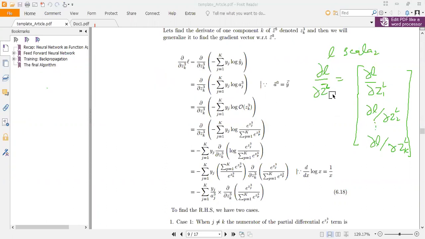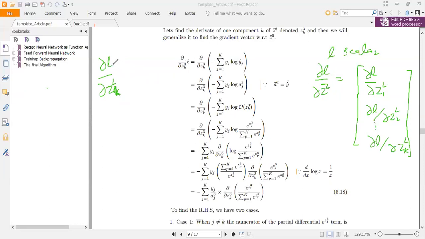So we will take any of the kth element of this whole vector and try to find out what the differentiation of that looks like with respect to ZL. So we will take dou L by dou ZLk. This is a small k, not the capital K. That means what is the differentiation of this loss function with respect to one of the pre-activations of the last layer. Fine. So you can see I have done it here.